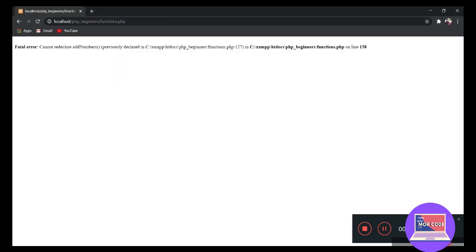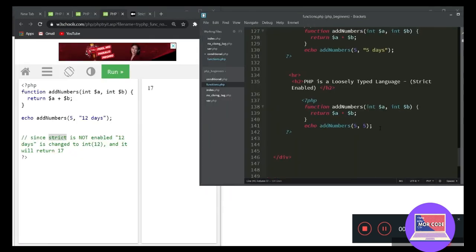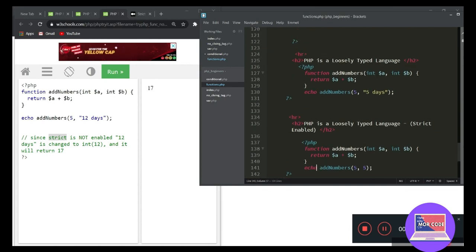run. It says we didn't declare add numbers. Oh, okay. So we're going to change this one, because this is one function named add numbers and here is another function named add numbers. So we cannot use the same function name, because it's going to look for which function we are trying to run. Add numbers, add int. Okay, add int. Save and